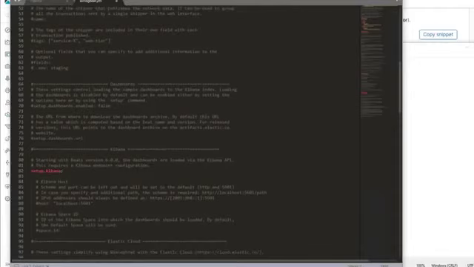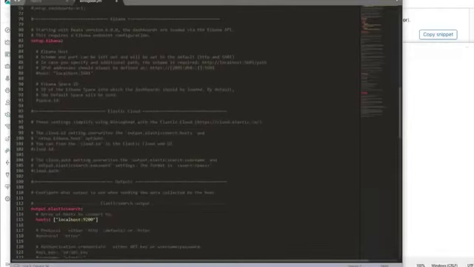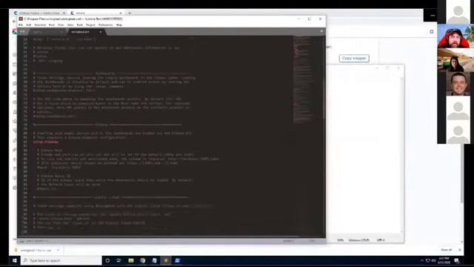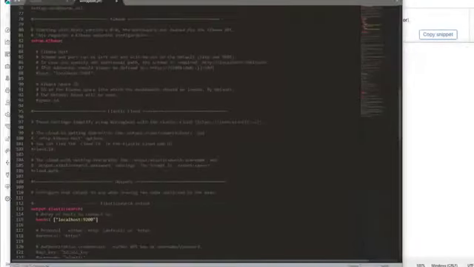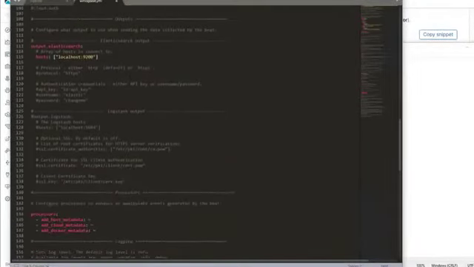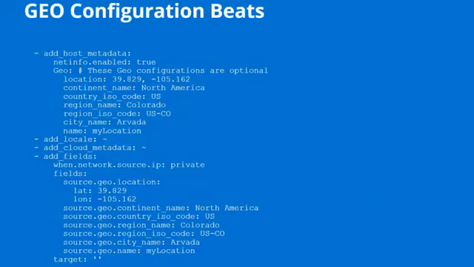You'll notice here you have some basic Elasticsearch settings. Really, anything else, we're going to keep the default. The only thing we're going to add to enrich the data is some of that geo IP information. So down over here, we'll eventually get to a place where it says processors, and the processors is where we can add, for example,